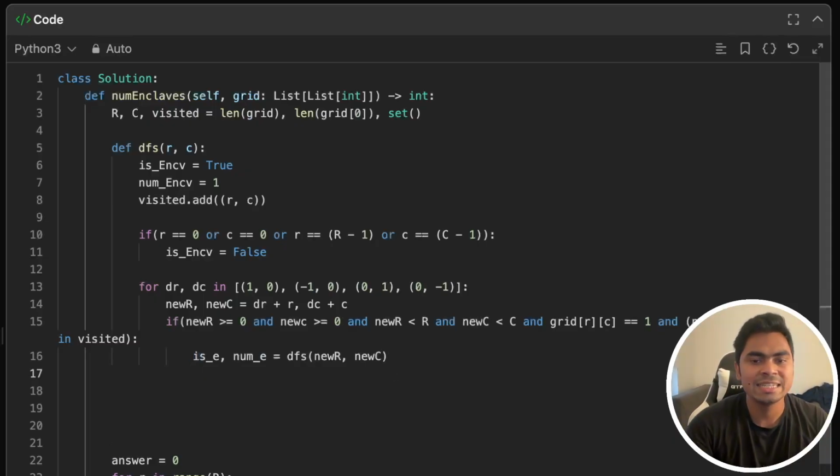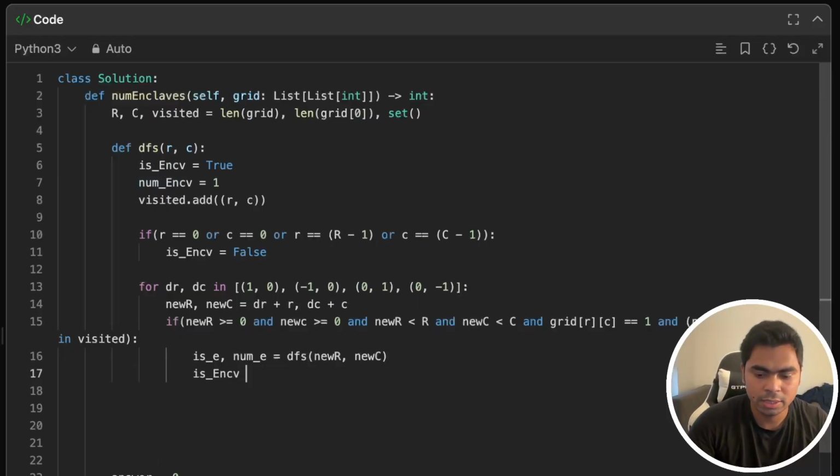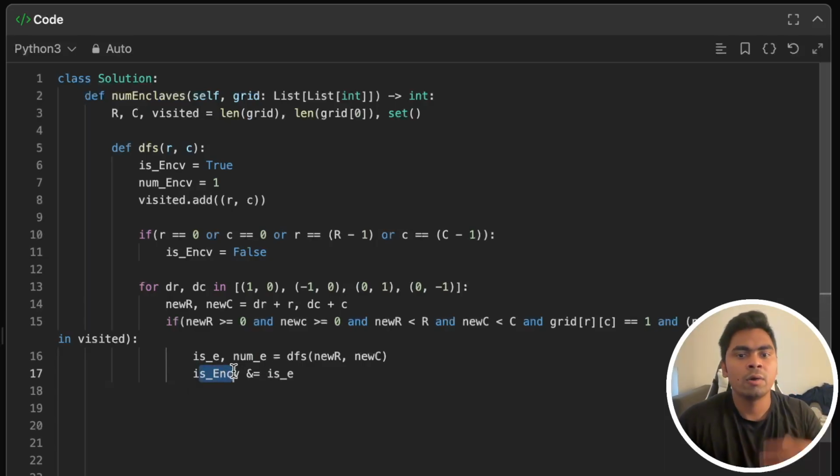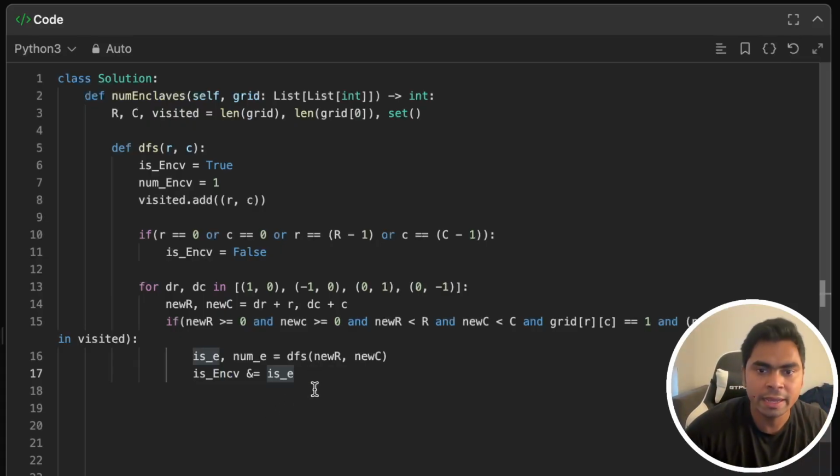So here I just need to append, do this. So is in, and is E, because I only want to count the ones if its child was also not on the border, right? It is a valid enclave. If that is, then I will return false, and this is how you actually AND it with the